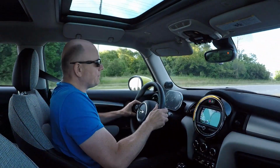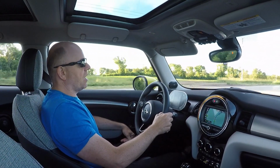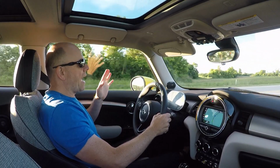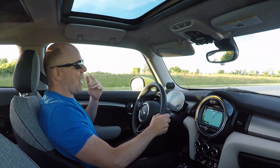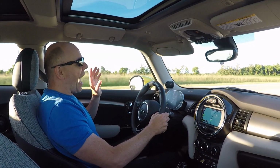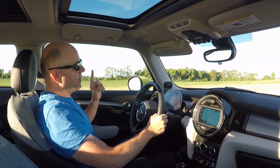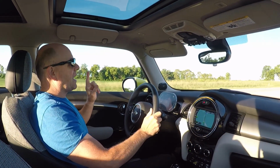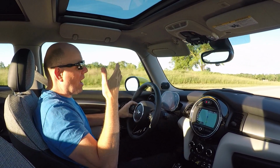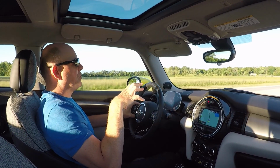I would say that probably the only other negative to this car is something that I already pointed out as a positive. I pointed out that the range has exceeded our expectations because we were expecting 110 miles. I would love more range, but let me be very, very clear on this. It's not a complaint as much as it is a thought or an idea or maybe a suggestion, and that is that it would be nice to have more range. However,